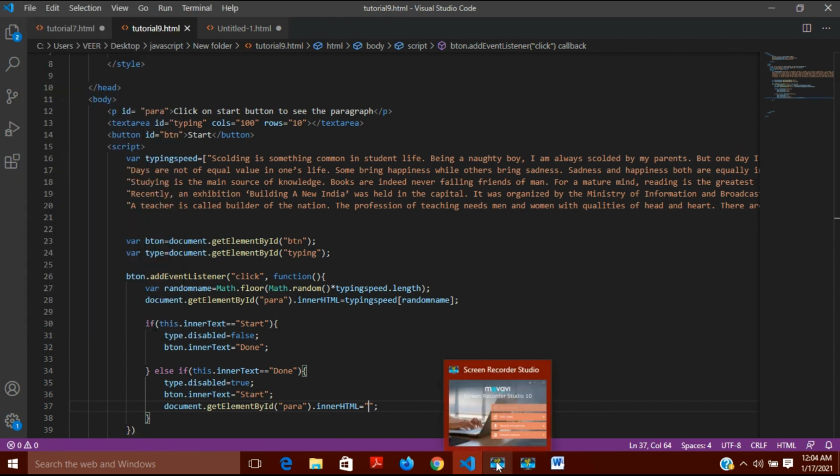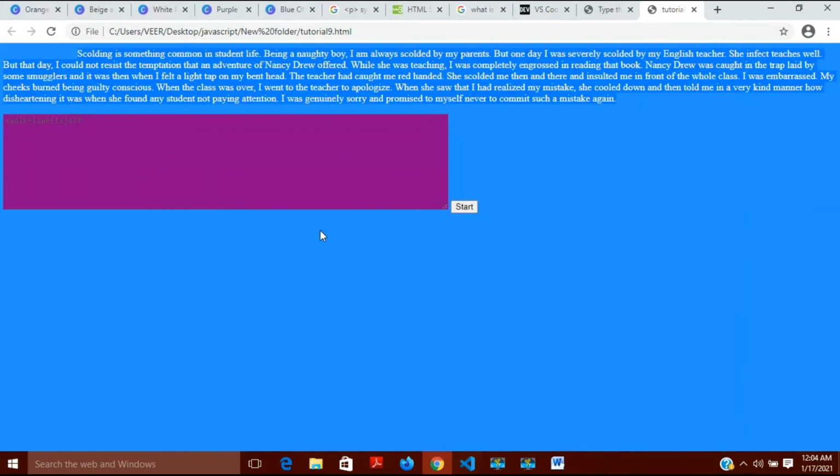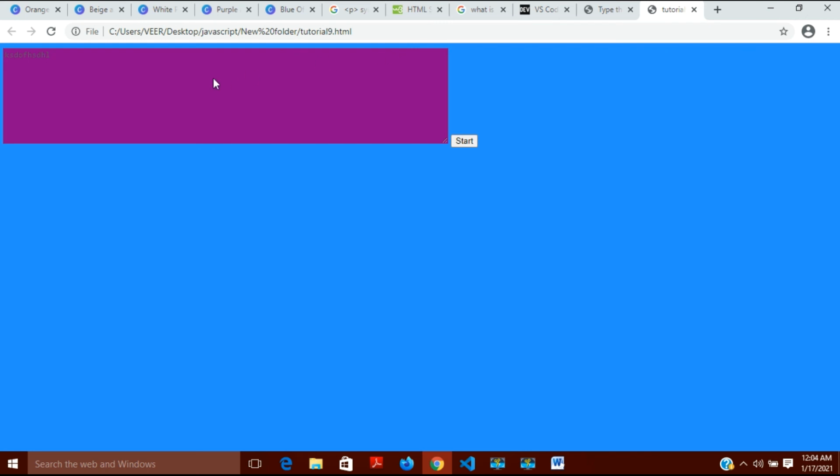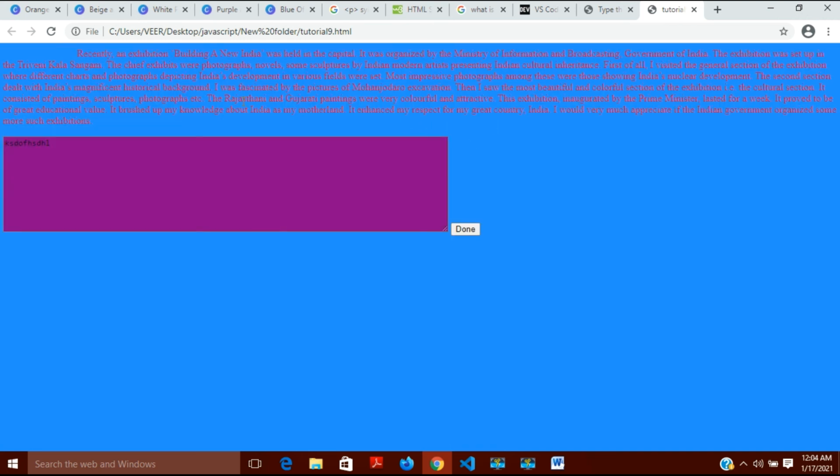And I'll save it now, and now you see, refresh it, start, it is visible, I can write anything. And after that done, and now you cannot see that paragraph, and you cannot write anything here. Okay, if I'll click on start again, now it is again visible with a random paragraph here, and I can write anything here.